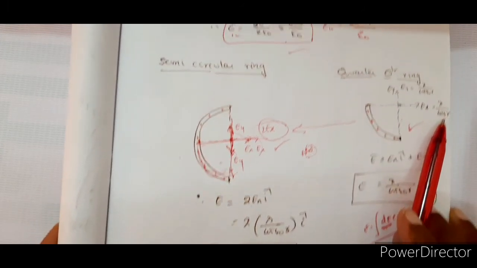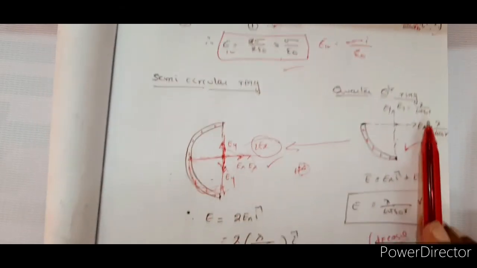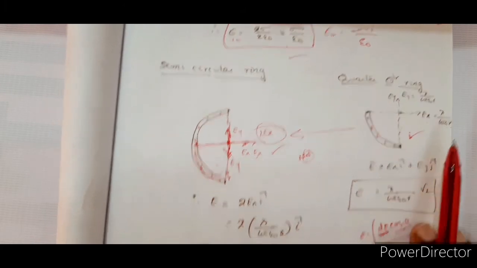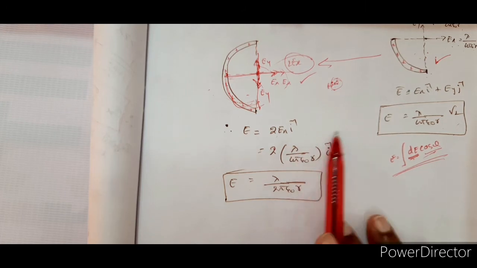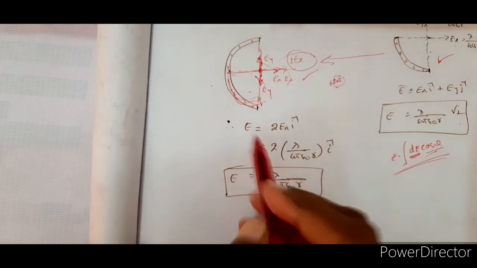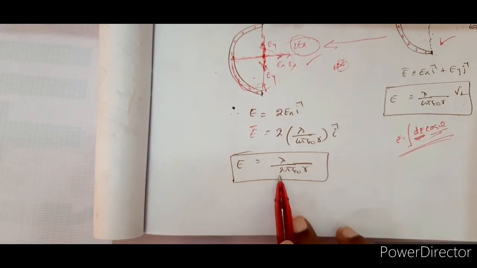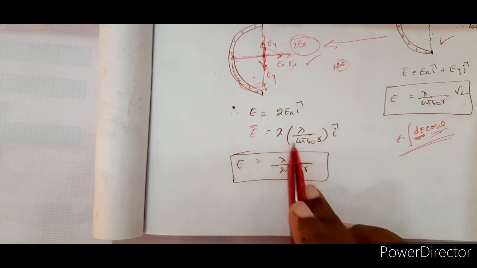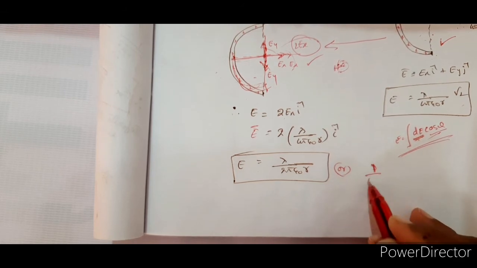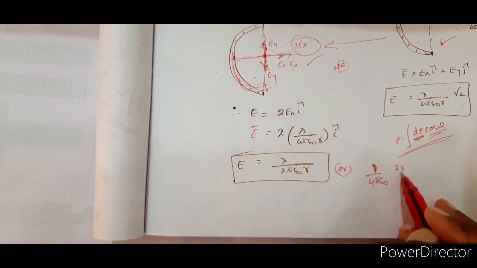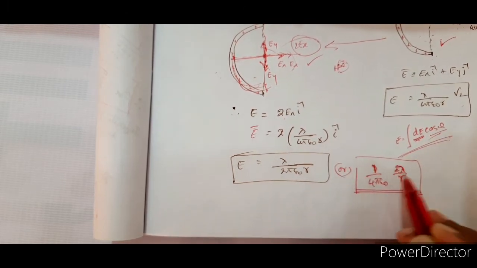See, this is the most general formula. Most of the places you are getting the same: 1 by 4 pi epsilon naught lambda by r naught. So now 2 times 1 by 4 pi epsilon naught into lambda by r into i cap is E bar, when you want to write it in vector form. Or the magnitude is, if you cancel it like this, lambda by 2 pi epsilon naught r, whichever you feel convenient to remember.